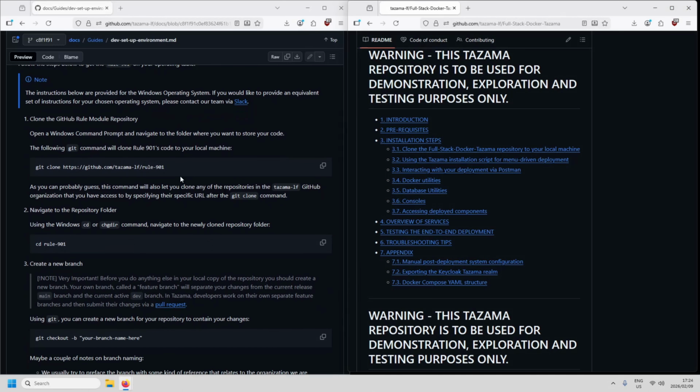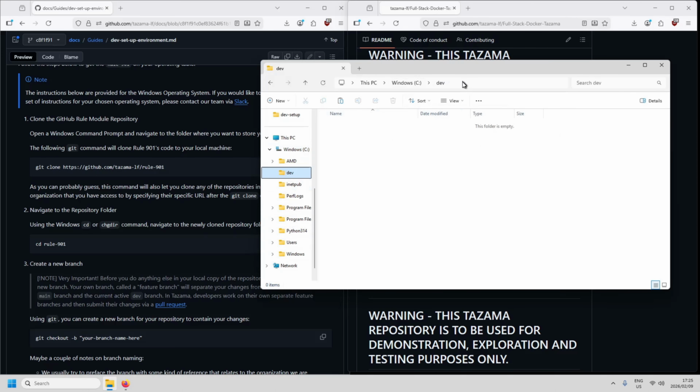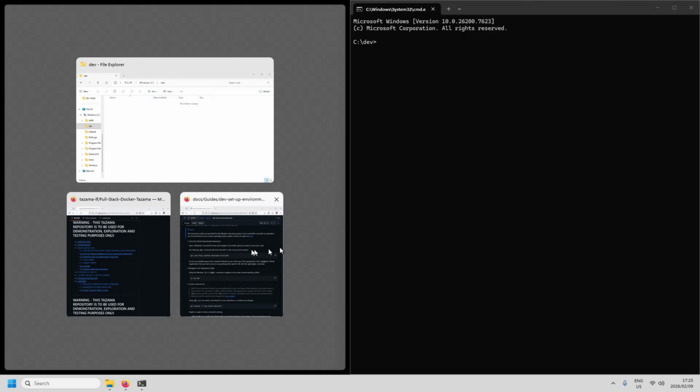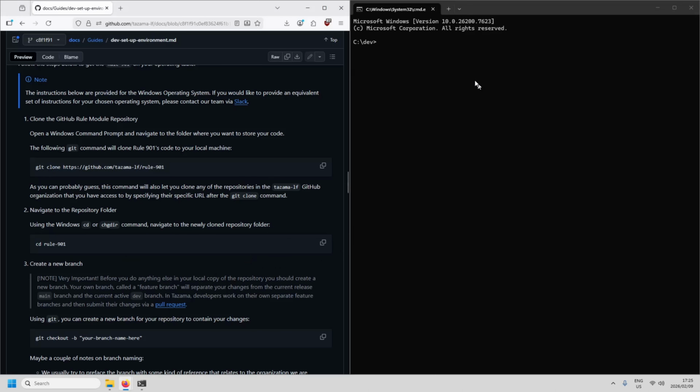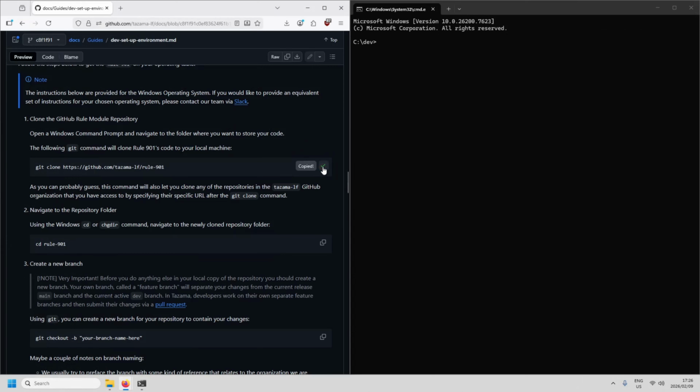Open a command prompt and navigate to the folder where you want to store your code. I usually just navigate to the folder inside the Windows Explorer and then run a command prompt from within that folder, like this. I'm working from the dev folder on my C drive, but you can use whatever location makes sense for you. In your chosen folder in the Windows command prompt, type git clone